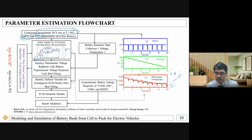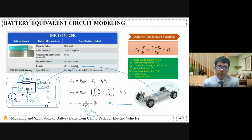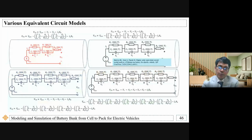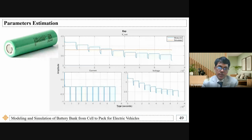So when it converges, we will get the estimated parameters for the battery. This is a little bit typical, but because we have the battery ECM cell, we need to put these values there. Here you can see, as I told, this is measured and this red one is simulated. Here it is 3.8, and this is our measured. So after several iterations,